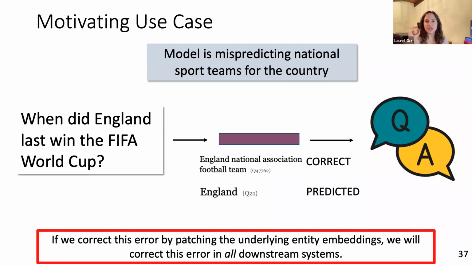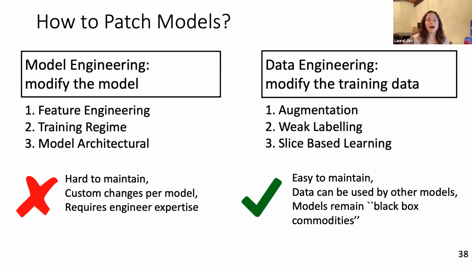So now we're left with the question of how you actually go about fixing models, and what methods we're going to take to do so. I'm simplifying this problem a lot, but at a high level, there are two core camps in how you fix models. One of them is what I'm calling standard model engineering techniques. These are where an engineer would go in and maybe do feature engineering, modify the training regime, or fix the model architecture to improve the model or fix an error that the model is making.